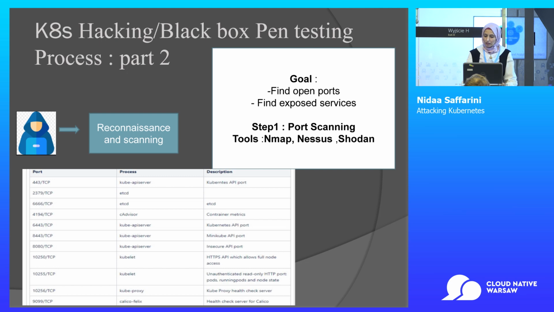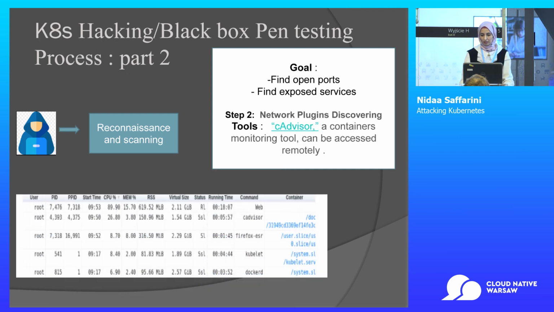And some Kubernetes services have already known ports that I need to discover via port scanning tools. Shodan is the most famous one, or actually the most used one for Kubernetes. And cAdvisor is like a web interface. They expose some links about the services which already exist inside Kubernetes.